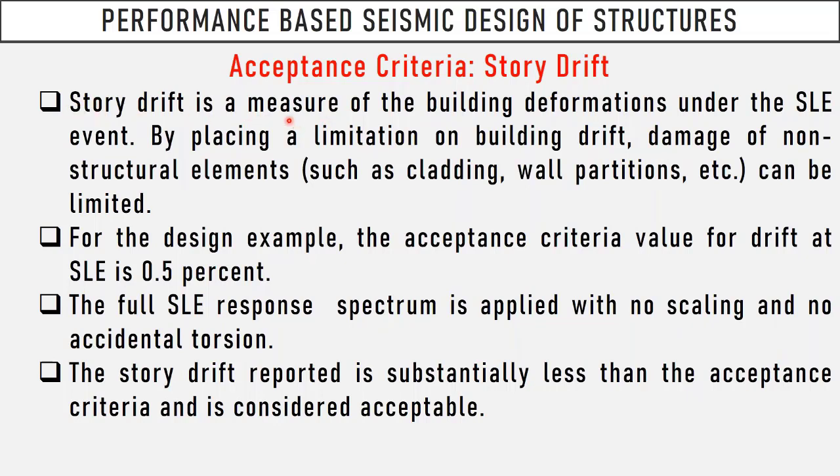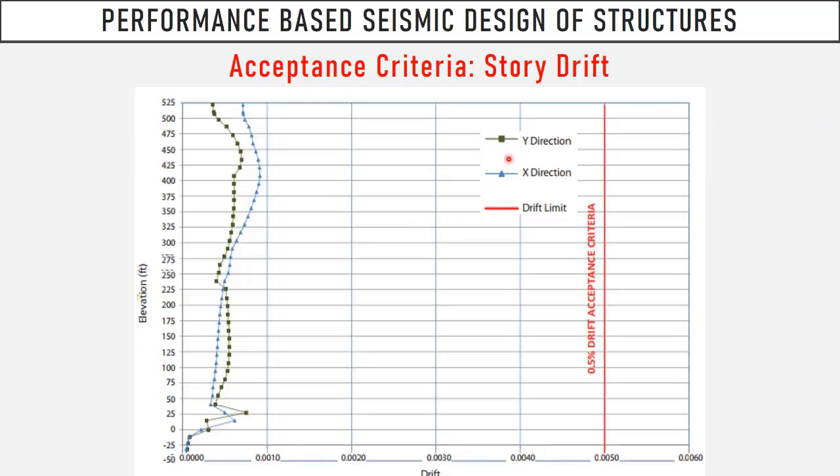Of course, again, not only the building itself, but the non-structural elements such as claddings and wall partitions are also checked based on drift. And that's why for these kinds of buildings, drift limits are quite small, like 0.5%. This is an example. I don't know how much you are involved in high-rise design, but once you make a preliminary design, 0.5% is